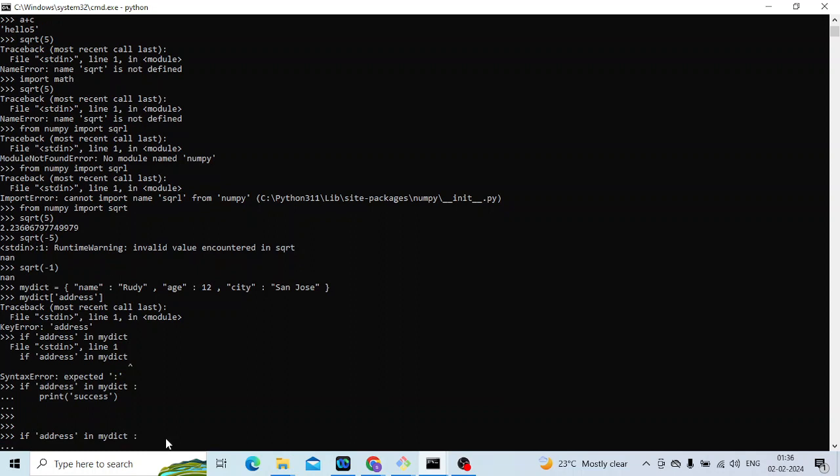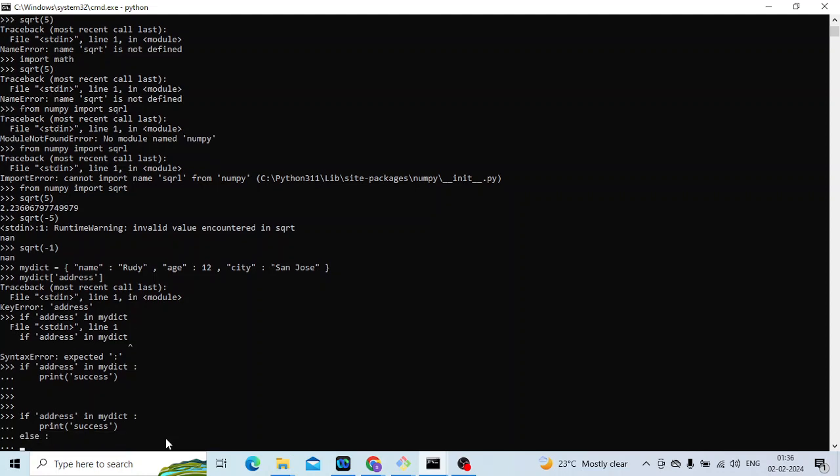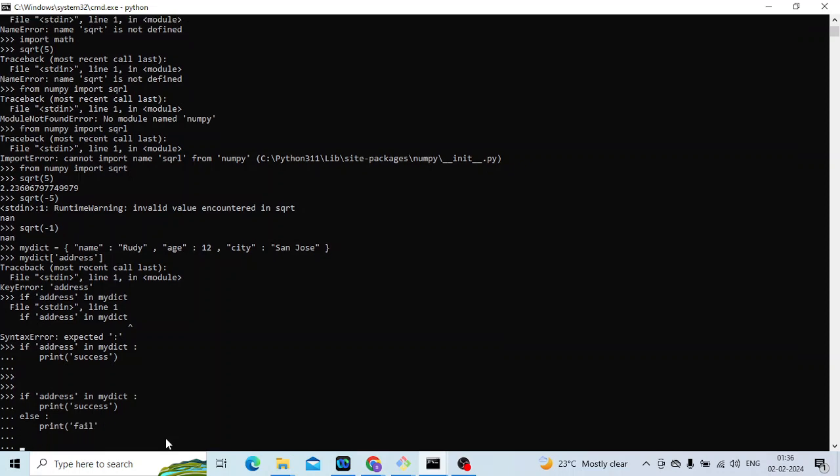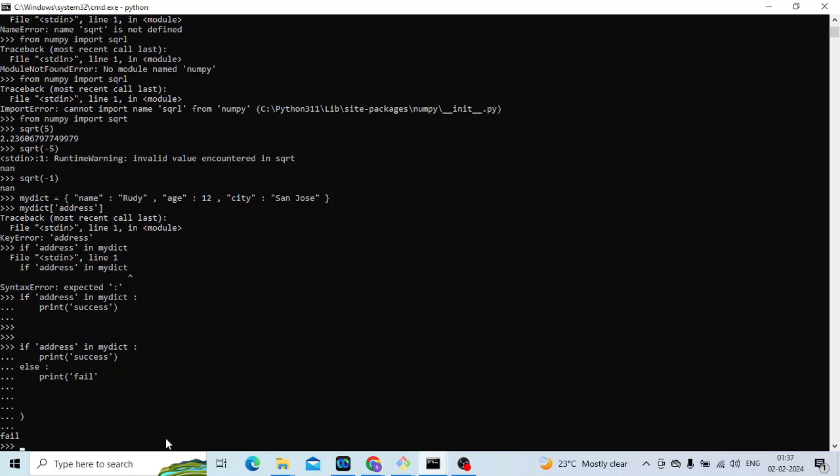You can verify the else part. Okay, that is also possible. Just say else. Okay, there was a typo. Okay, fine. Just want to close the bracket. Yeah, fail is getting printed. That is because I don't have this key in my dictionary, which is my dict,